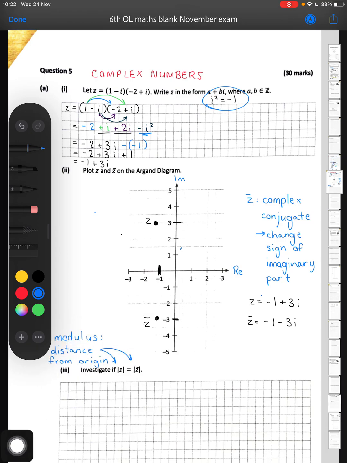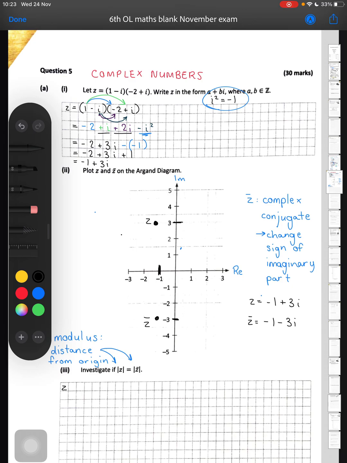Now you can use, if you prefer, the equation from the log tables for the distance, the length of a line, or the distance between 2 points. You can use that for, let's say, the point where Z is and the point of the origin, 0, 0, and then do the same for the modulus. Or we can use Pythagoras and say,